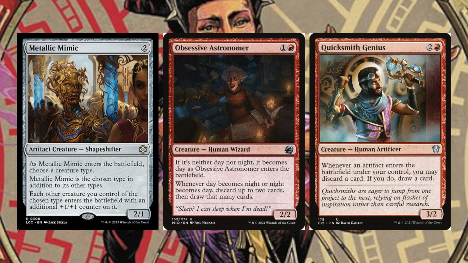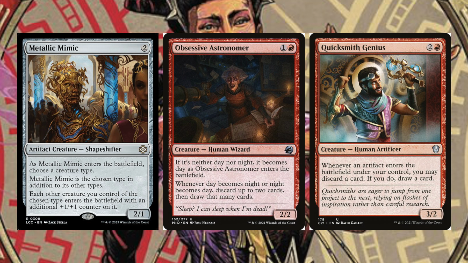Metallic Mimic is an artifact creature shapeshifter that says when it enters the battlefield, choose a creature type. Metallic Mimic is the chosen type in addition to its other types. And each other creature you control with the chosen type enters the battlefield with an additional +1/+1 counter on it. We're going to be choosing Gnome, obviously, and all of our Gnomes are going to enter as 2/2s instead of